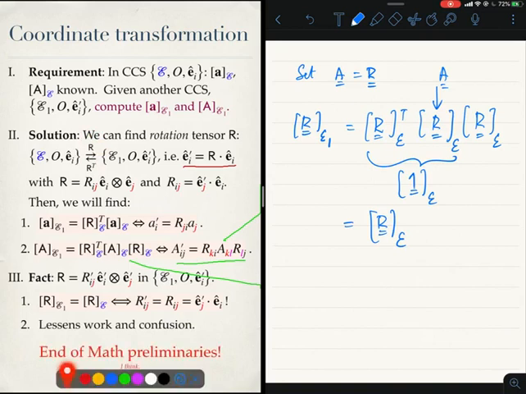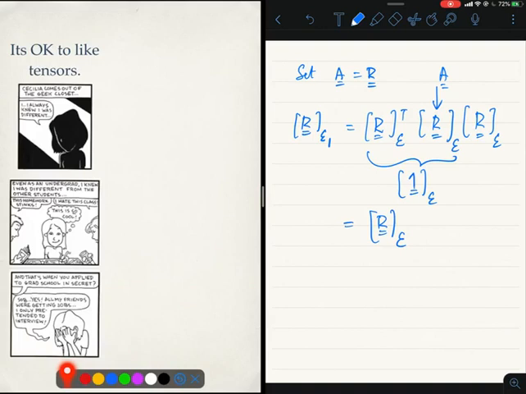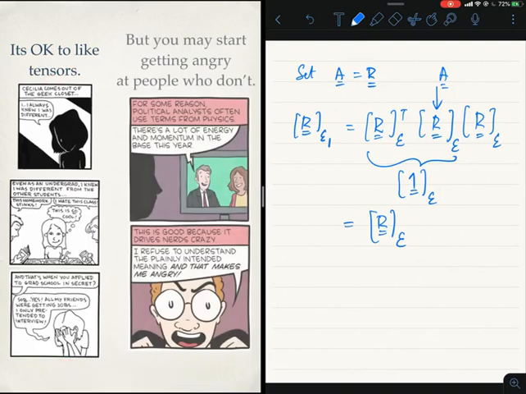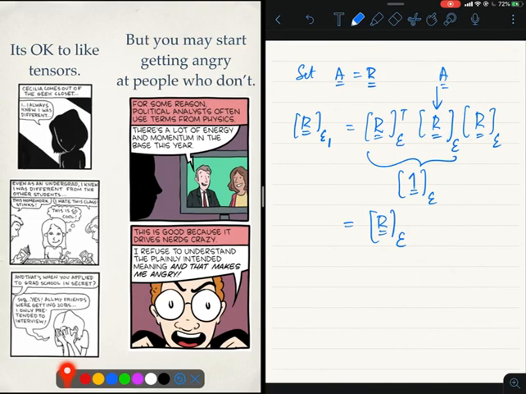Okay, so that is the end of the mathematical preliminaries. Always remember the fine print though, and some of you must be feeling that you hate this stuff, and a fraction of you may be liking this, and I would like to encourage those who are liking it that it is okay to like tensors. Your friends may not understand, but it may lead you to get angry because people are misusing things you have learned. They may be confusing matrices and tensors. They are not the same. A matrix is simply a collection of the components of a tensor in a coordinate system. So control your anger. Alright, so moving on.